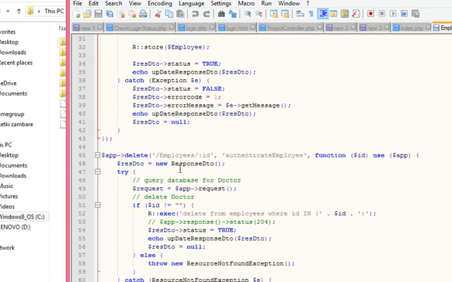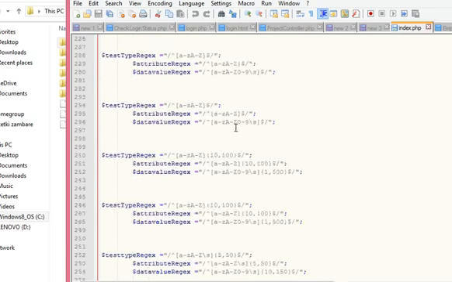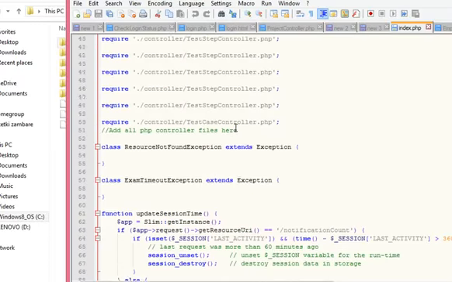Here, if the URL matches /employees/id, and if the HTTP request is delete, this callback function will be executed. It will again validate if the employee is authenticated or not. So authenticate employee uses